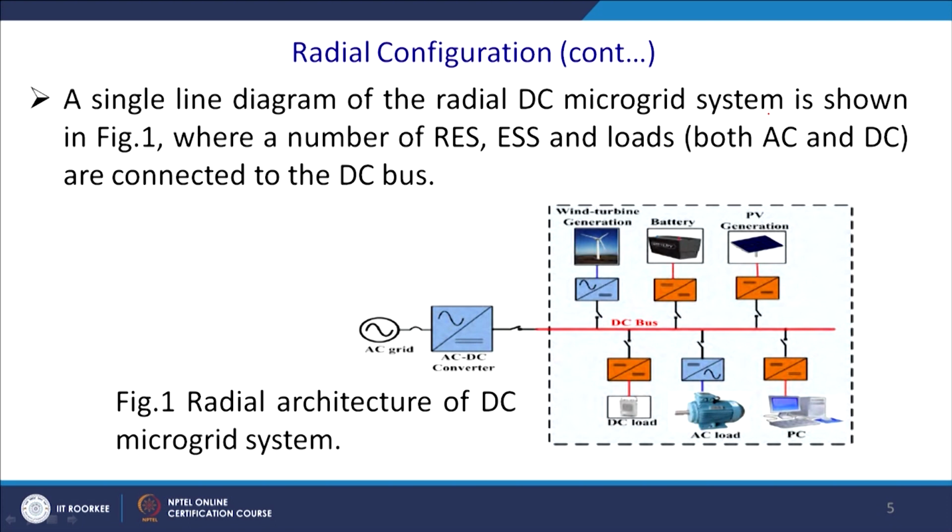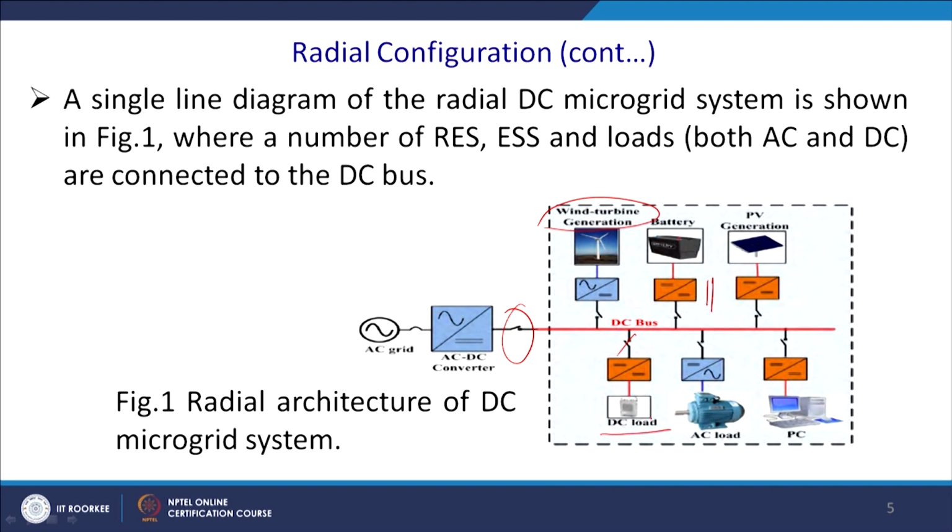There are a number of RES, that is renewable energy resources, and the energy storing element. So, you have DC to DC and AC to DC conversion, and thus you get an islanding or grid connected mode. You have a wind turbine generation, which you can convert to DC and feed to the DC grid. You have a bidirectional battery connection, so that power can be fed to or drawn from the battery. Then PV generation, and thereafter you can have a DC load.